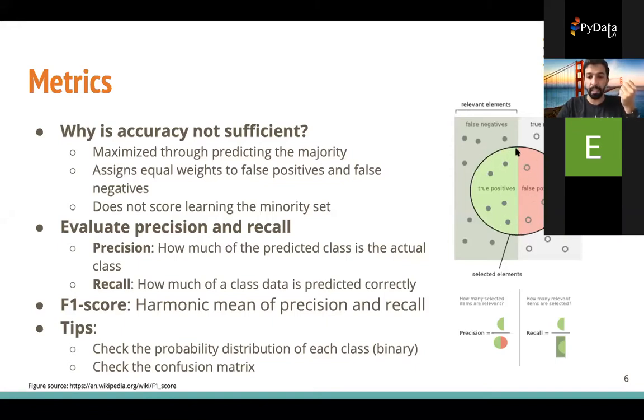So it's basically the left half of the circle over the whole predictions. However, for recall, we measure it for the whole positive data, and we try to get the rate of the true positives, the left side of the circle over the left side of the rectangle. Basically, how much of the positive data did we actually correctly predict as positive?